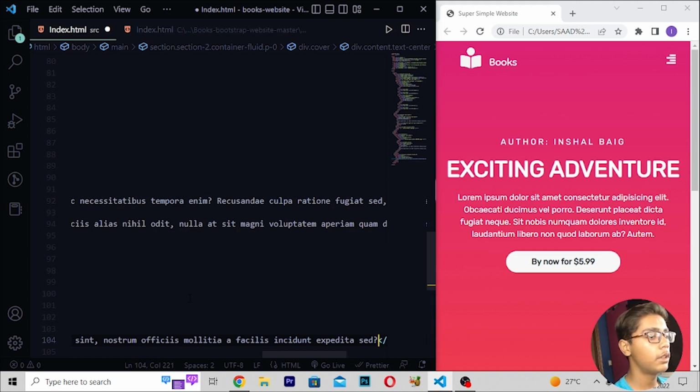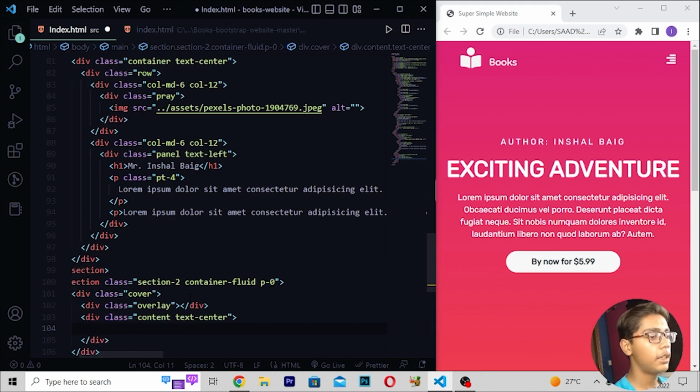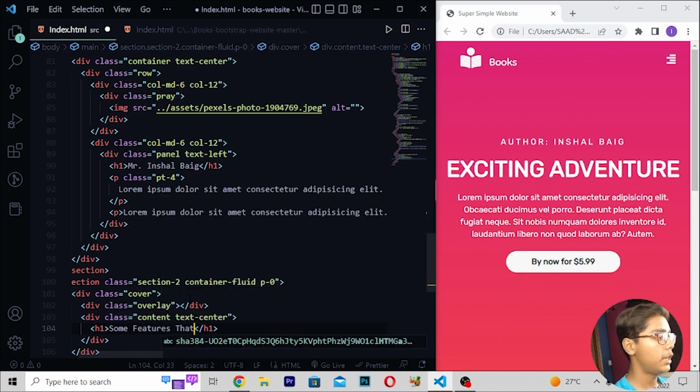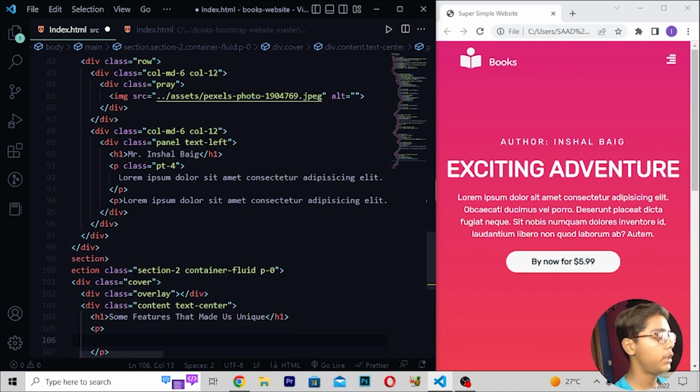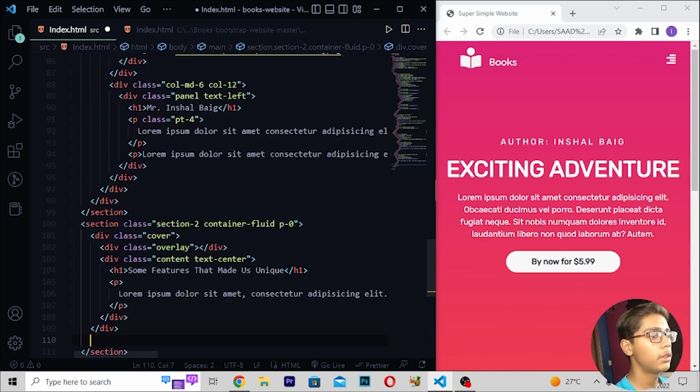Then when you've just written this, here control Z. Then here I will be now writing in this text X some features that made us unique like this. Then when you've written this, I will be moving down, right here p tag, and write lorem ipsum here. Now when you've done with this thing, just here we have to move under two divs, and then right here